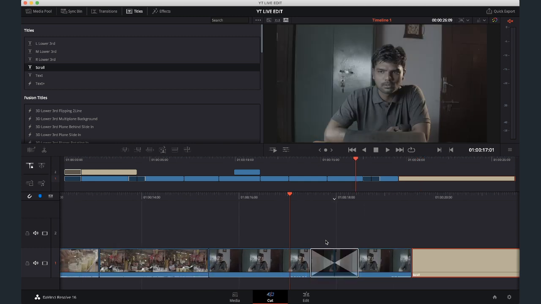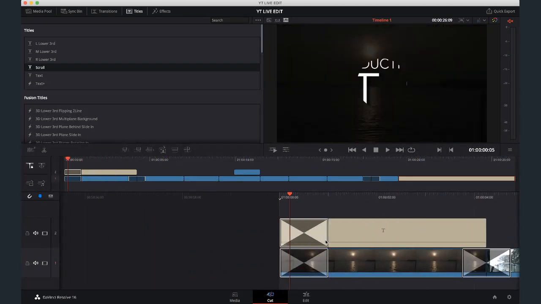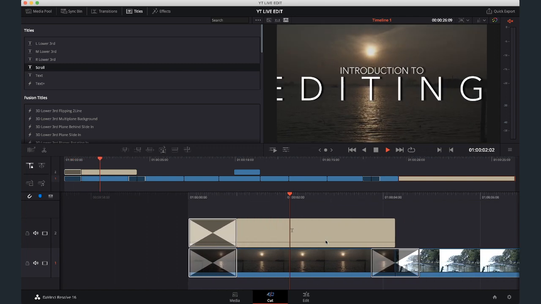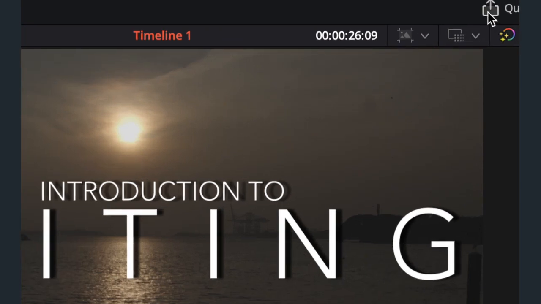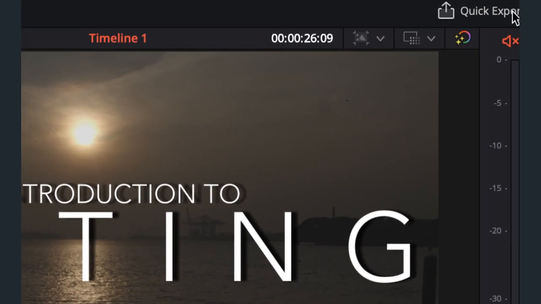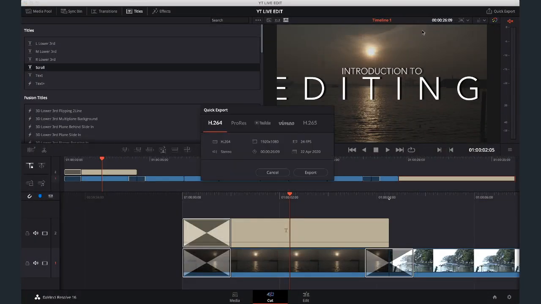So with that we have finished a simple edit. So how do you export from the edit page itself? It's quite simple. On the right side, you have a small icon over here that says quick export. So what we are going to do is just hit that quick export,